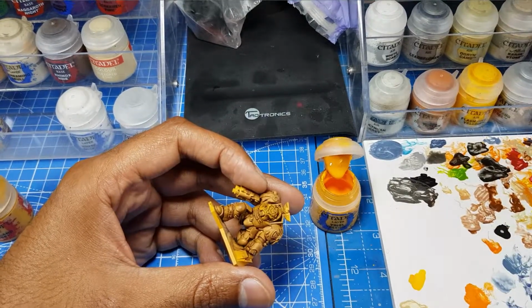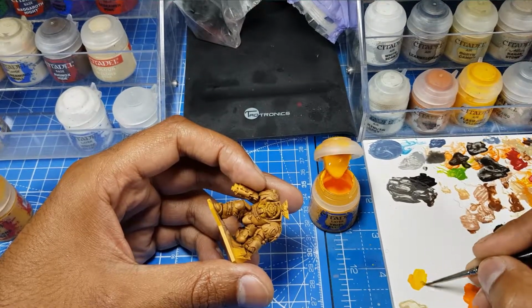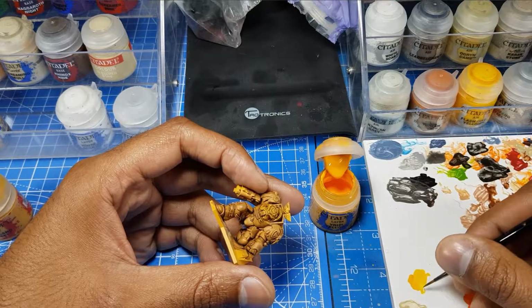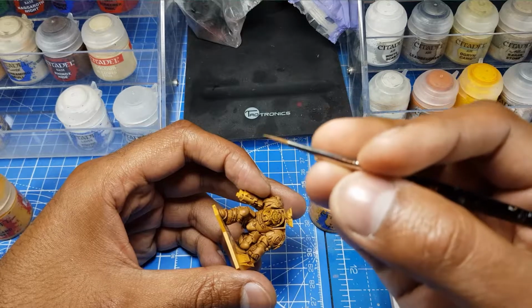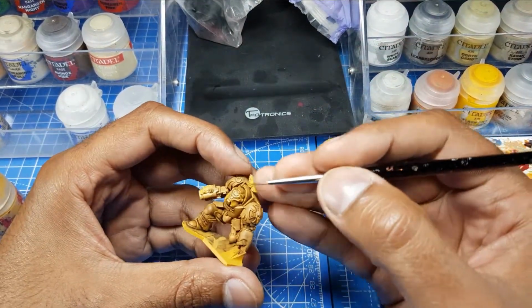Make sure it's watered down quite a bit, yeah. Want a thin consistency. And then just grab a bit. Make sure you got a nice point in your brush. And this is it, man. This is what we do. We just